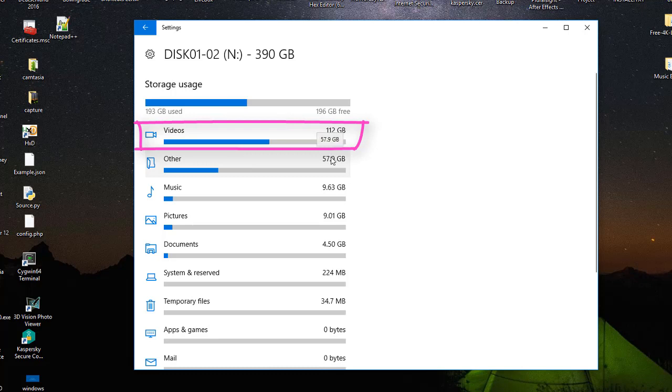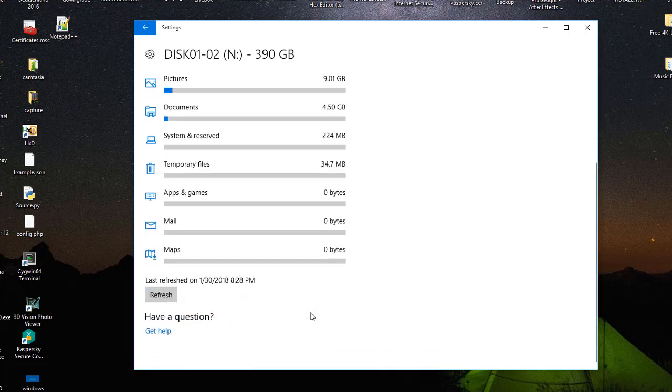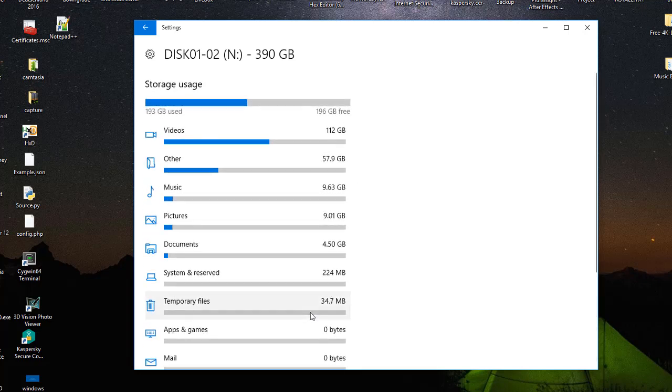So here I have almost 112 gigabytes of videos. I have some other files, some 9.63 gigabytes, and some pictures also. So here I have a clear view of what file types are actually